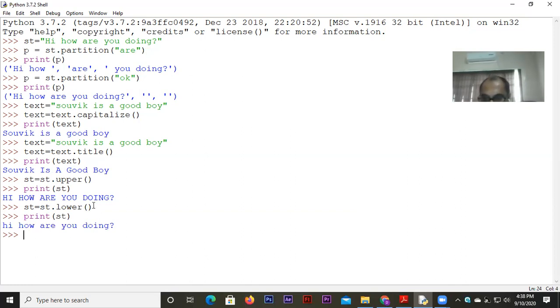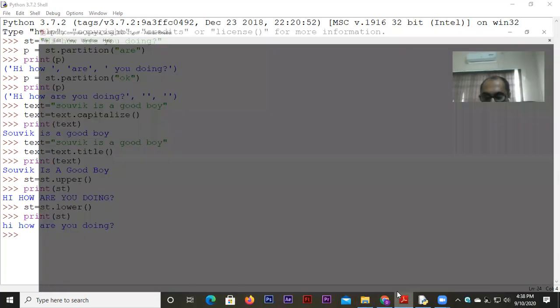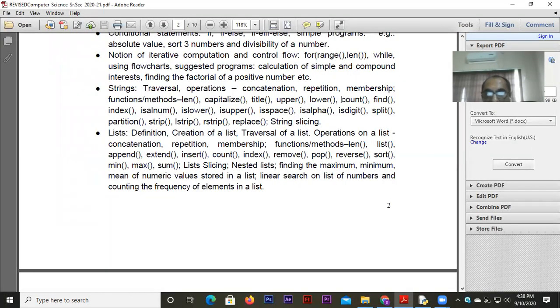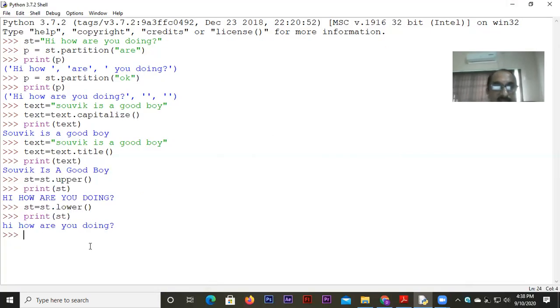What is the purpose of count? I believe you remember this too. Some of you definitely remember. Count basically counts the number of substrings in a string. Now, when you say number of substrings in a string, sometimes it could be a little complicated. For example,